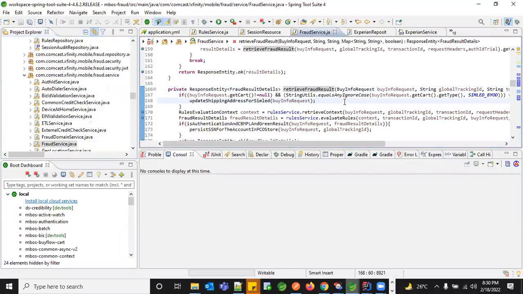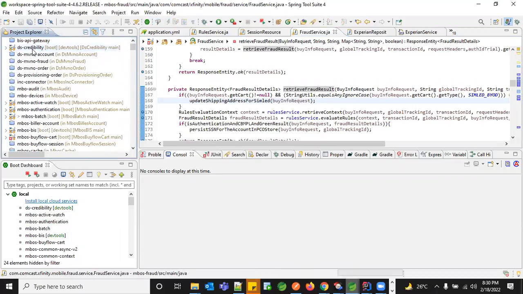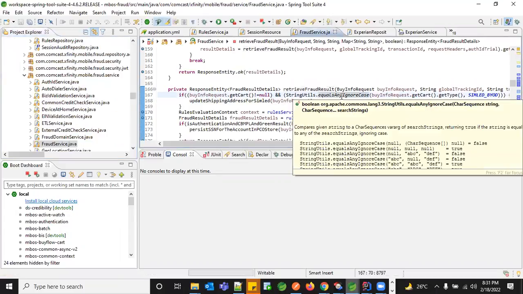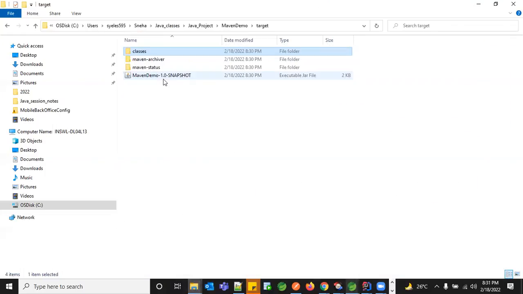It's not like you always need to have third-party libraries as jars imported into your Maven. You can even have your separate Java project. Say this is one project and this jar has to be used in a different project. I can still go and update my pom.xml. That is the way your jars work, and this will be the entire package. The entire logic will be working from this jar.